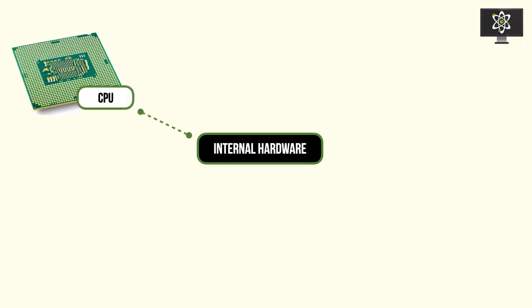So let's look at what internal hardware is composed of. Let's have a wider review of those before we dive deep into each of the individual components. So firstly, you've got your CPU. This is essentially the brains of the computer. This is where most of the calculation takes place. Of course, there's also video processing that's done by the GPU, but on the CPU, mainly